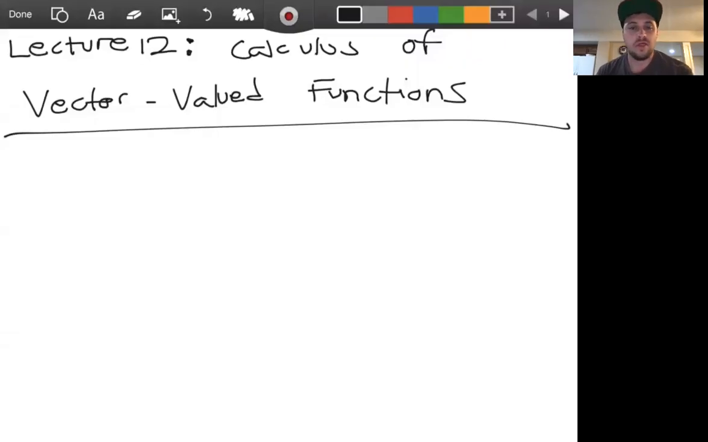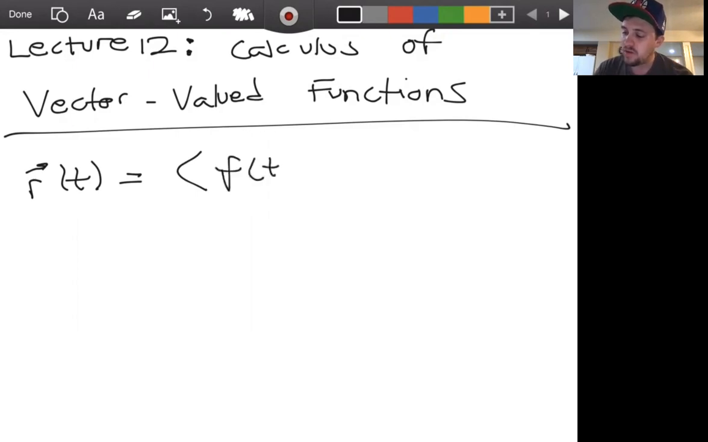Let's recall that a vector valued function is some function r of t where you input a scalar or a real number, which we're indicating by t, and the output is a vector where each component is a function of your parameter. So we have r of t can be the vector valued function defined by f of t, g of t,